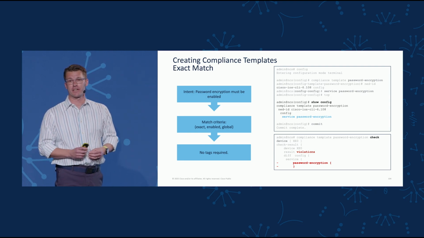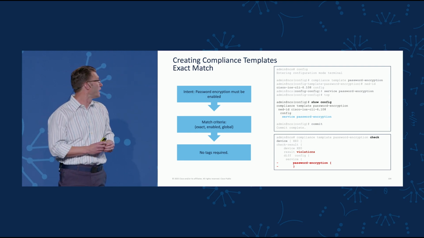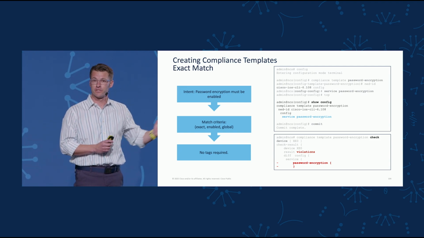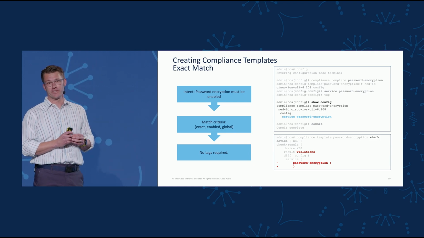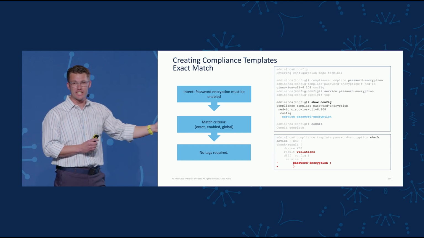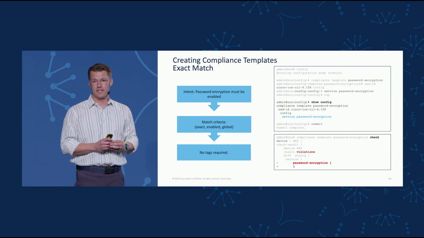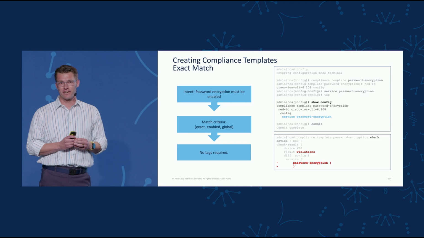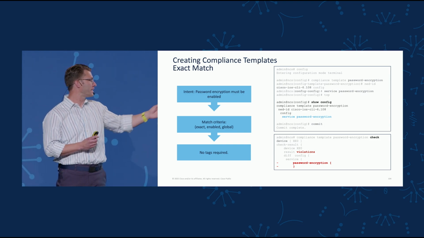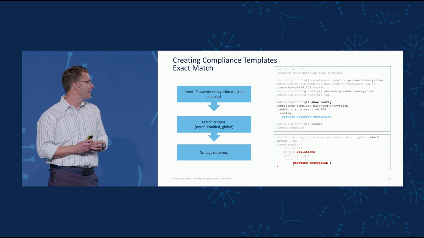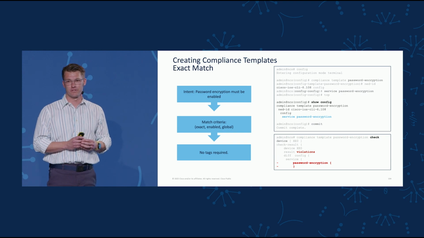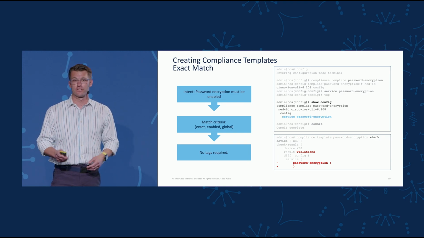Now recall those match patterns that we talked about earlier. For this, we have an exact enabled global configuration. To build this template, we simply have to provide the configuration. We commit our template, and then something really nice about the NSO CLI is that we can run a check right there to test out the template we just created. So in this case, we run it against an XE0 device, and we find a violation, and it even shows us the configuration that we're missing. Pretty neat. Let's do another example.